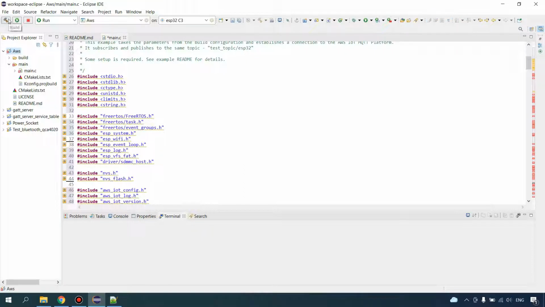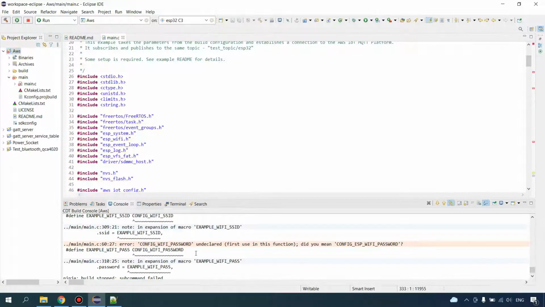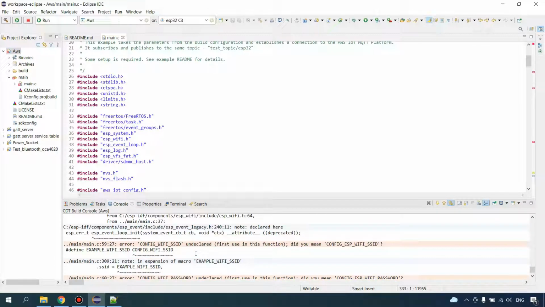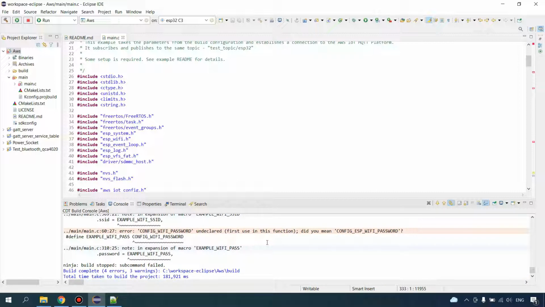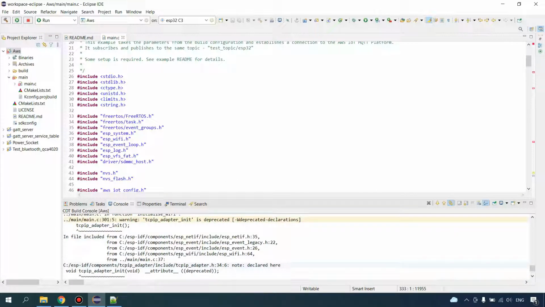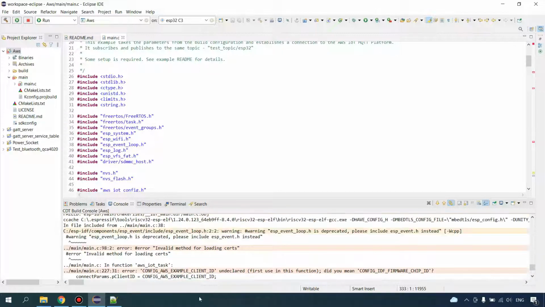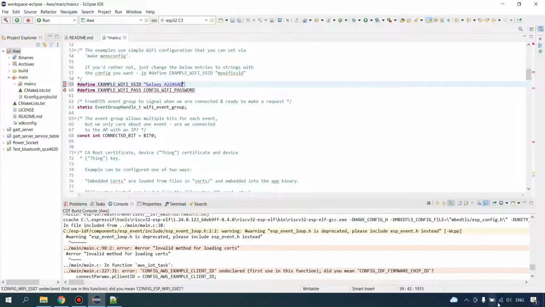Just compile the code. So we'll get some errors here as we have not entered the Wi-Fi SSID and password, and the AWS client ID. So let's fix the errors first. Let's check our SSID.